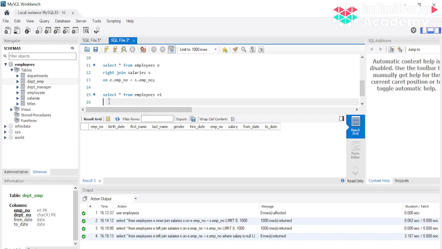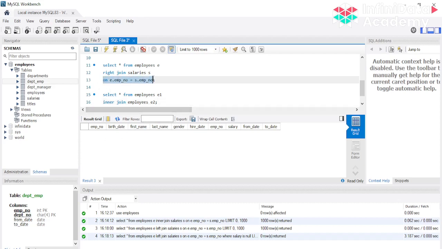employees E1, and then I'm going to do inner join with the same employee table, employees E2, right? इस केस में, not just in case, let's try with the on first.